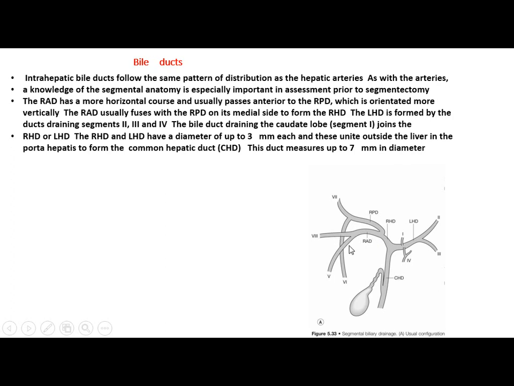The anterior division drains segments 5, 6, and 8. The posterior division will drain segments 7 and 5. Here is the left hepatic duct, which drains segments 2 and 3, and segment 4. Segment 1 can drain to the left or right, and it will course for 3 to 3.5 centimeters before it